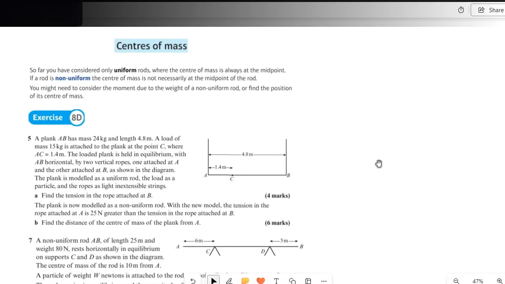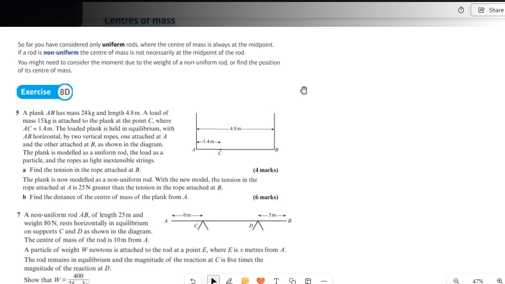Now let's move on to centers of mass. So far, you have considered only uniform rods where the center of mass is always at the midpoint. If a rod is non-uniform, the center of mass is not necessarily at the midpoint of the rod. Rather, it could be in any place except for the midpoint. You might need to consider the moment due to the weight of a non-uniform rod or find the position of its center of mass. So now let's do some maths from the M1 book, which is from